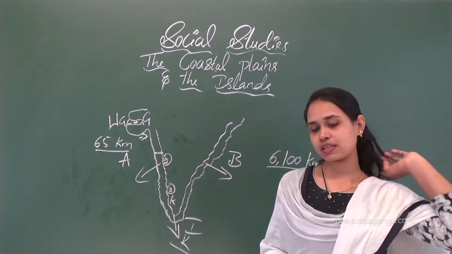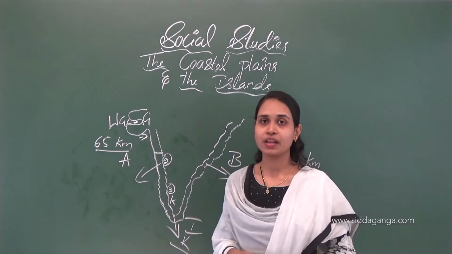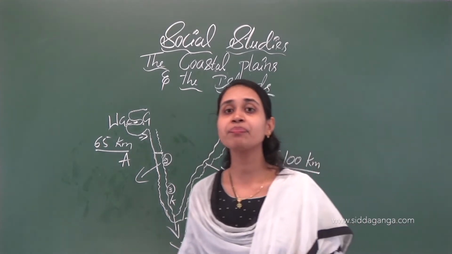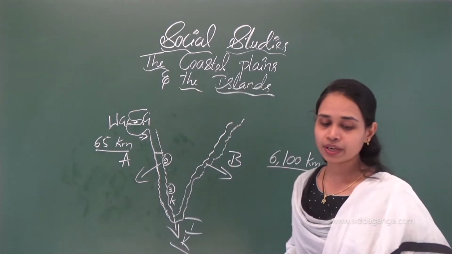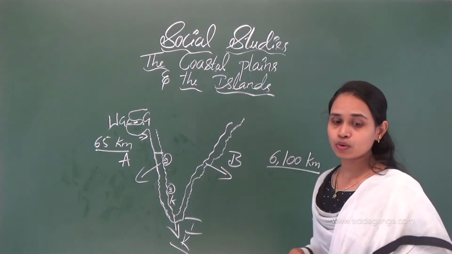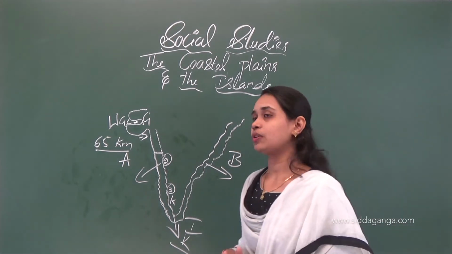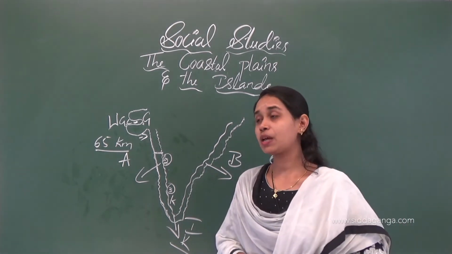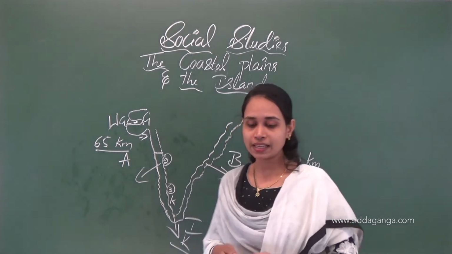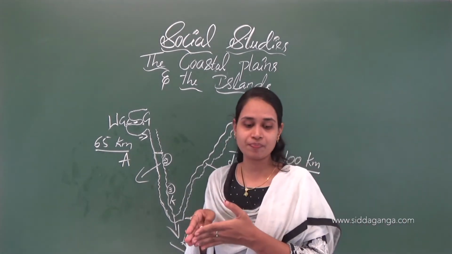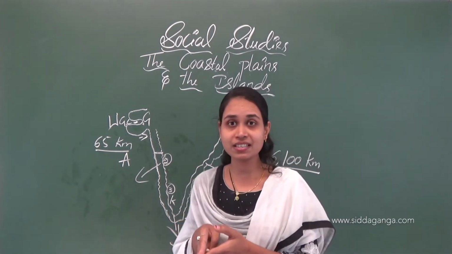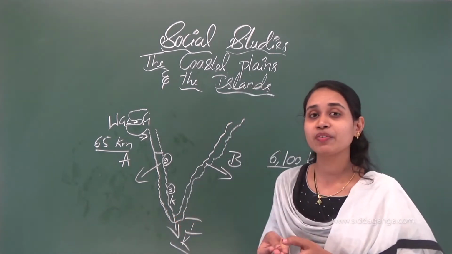The hills look like thick forest. In the Malabar coast we can see thick forest also. Here the Malabar coast looks even more beautiful. Malabar coast is very beautiful, lined with coconut trees, isn't it? In Kerala we can see it.